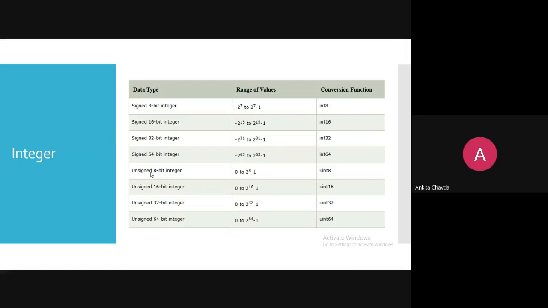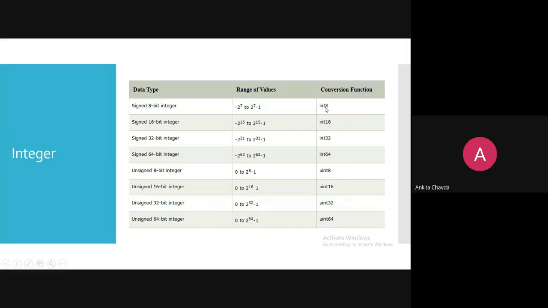Very simple thing. So the same thing here: if it is a signed 8-bit integer, then it's minus 2 raised to 7 to 2 raised to 7 minus 1. That would be the range, that means minus 128 to plus 127, right? That is the range, because it includes negative values also.